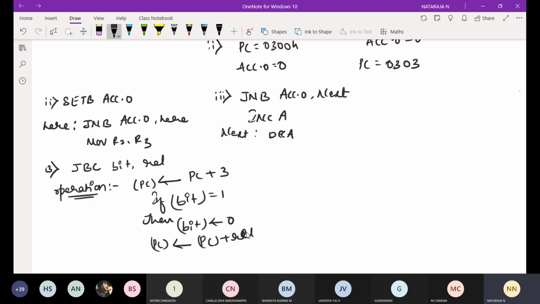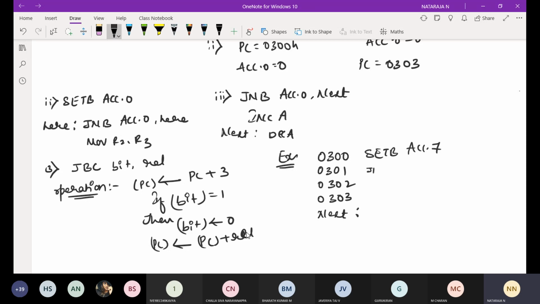We'll write the example here for the second instruction, third instruction. Take the addresses 0300, 301, 302, 303. Here I will take next across here. Set bit accumulator dot 7.